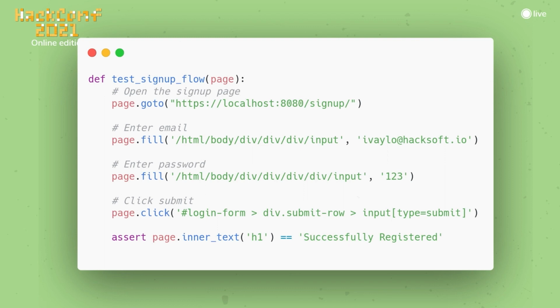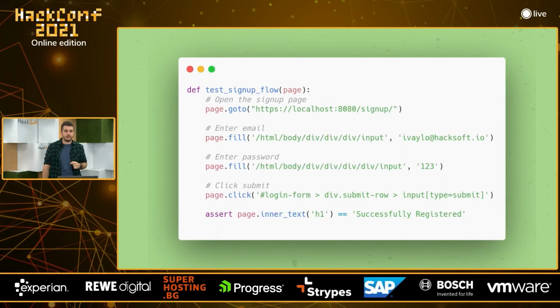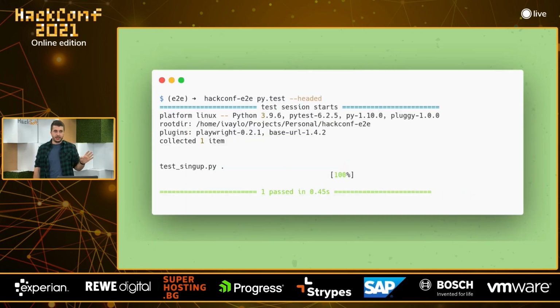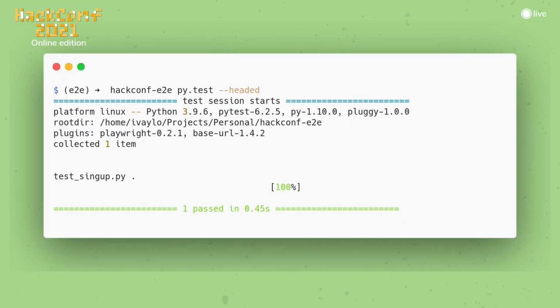And it was absolutely awesome. You run this code, a browser appears on the screen, someone clicks, enters some things, then presses the submit button, and then a message appears on the screen. Totally awesome. Then you run it with your favorite test runner, in our case PyTest, because it is the test runner that we use in all of our projects, and everyone is familiar with it. Pretty powerful. And you just pass the headed flag, so it actually runs in headed mode. That means it's not headless, it is headed, so an actual browser is appearing on the screen. And it works. And it was pretty awesome.